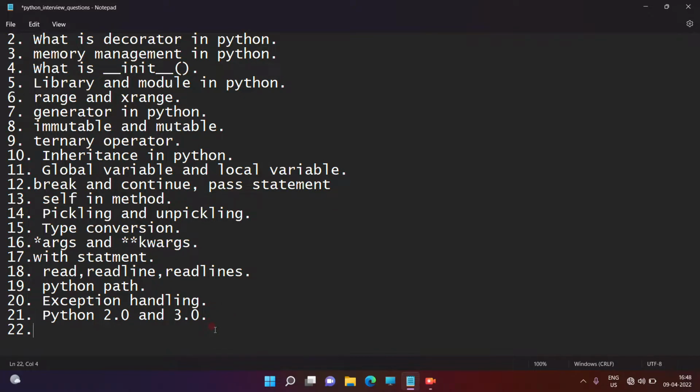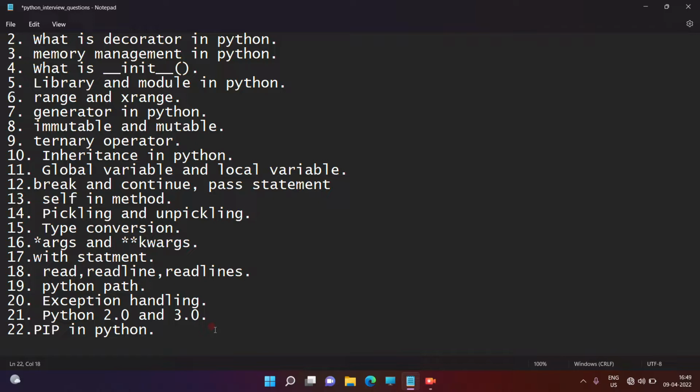So next question. What is pip? Right guys, pip in Python. So what is pip? As I told you, in Python we need to install new packages by using pip. So what does pip stand for? Pip is a package installer for Python, right guys? Package installer for Python. And whenever we want to install new packages in our Python, that time we can use this pip, right guys?